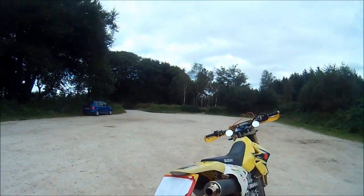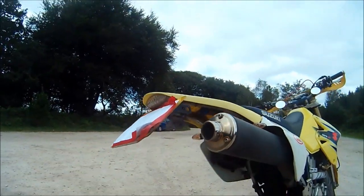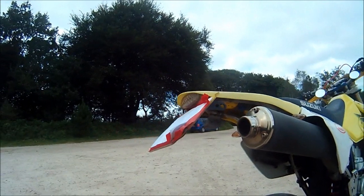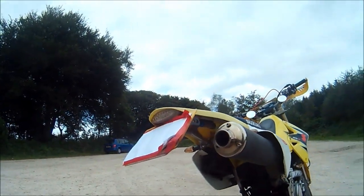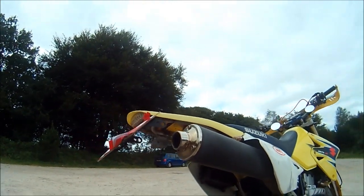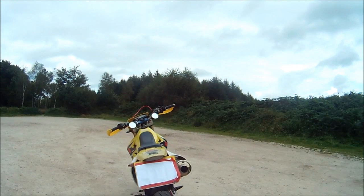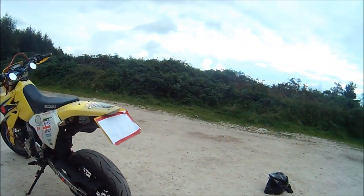Oh, that was another one. R&G tail tidy. The stock one is massive. And this one looks lovely. One of my favourite things done to the bike. Tidies up the